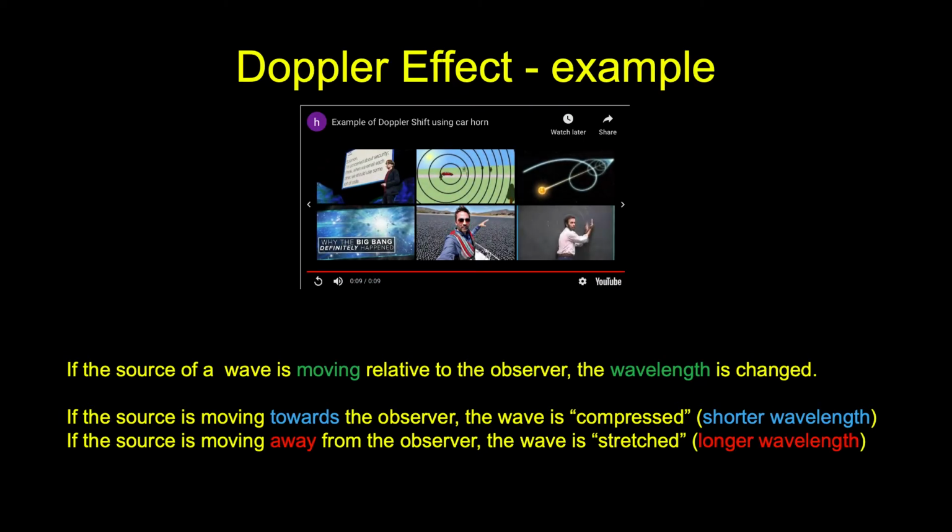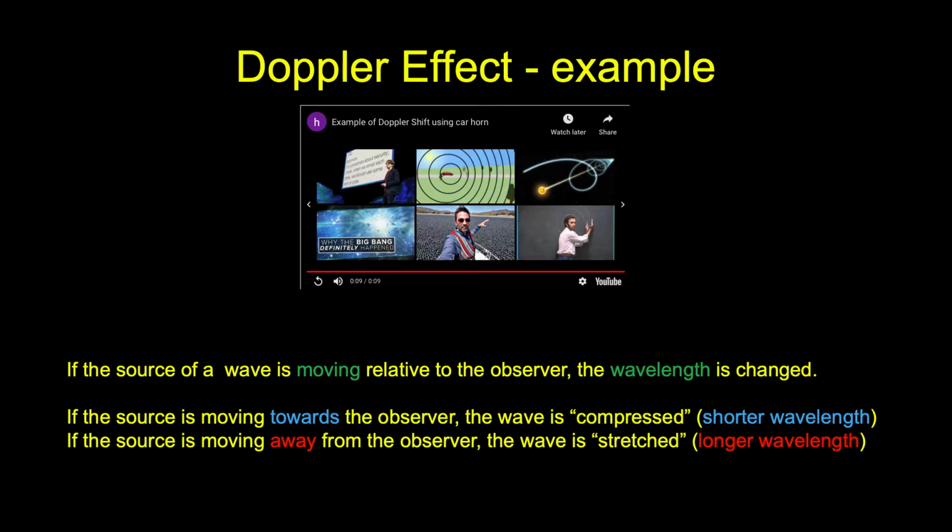So it's quite a characteristic sound that we hear, but if the source is moving towards the observer, that in a way compresses the wave and makes the wavelength shorter. So a shorter wavelength sound is a higher pitch. So when the sound source is moving towards the observer, the sound has a higher pitch. And the reverse happens when the source is moving away. It stretches out the wave, it makes a longer wavelength, and that makes it a lower pitch sound. So we can hear that with sound,